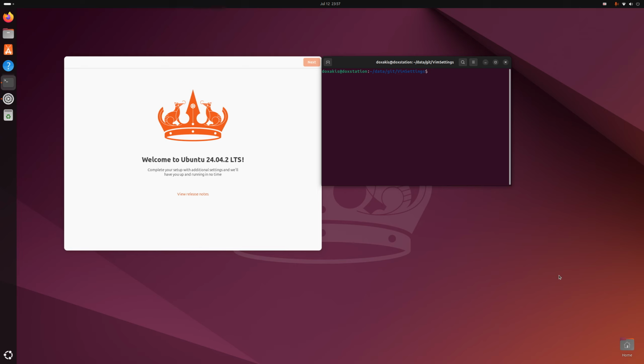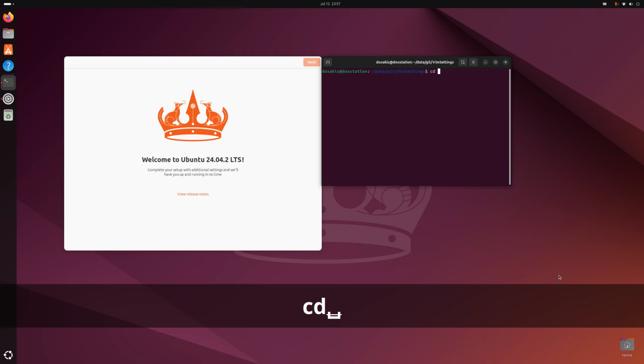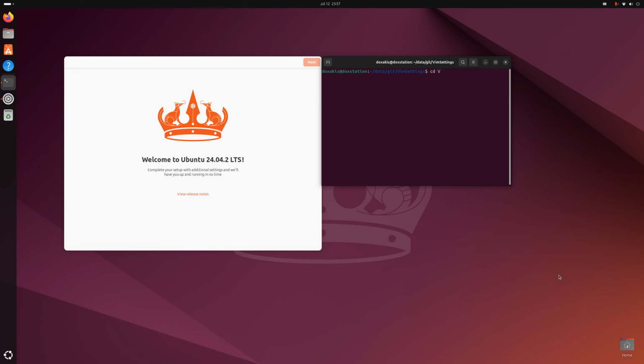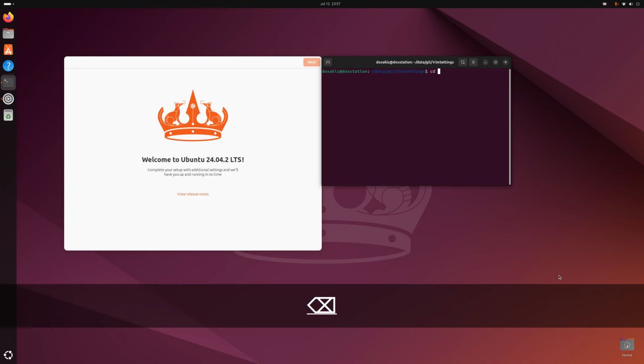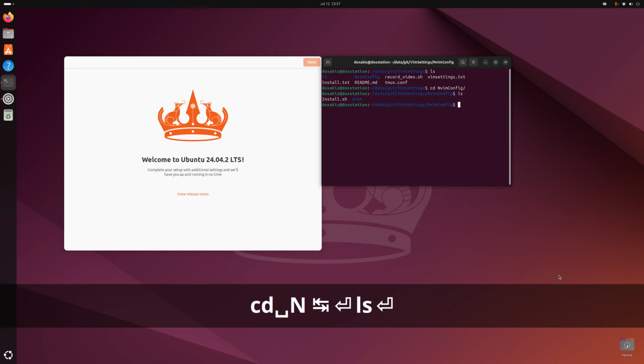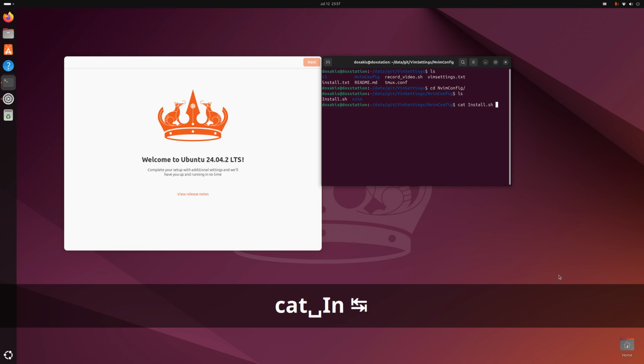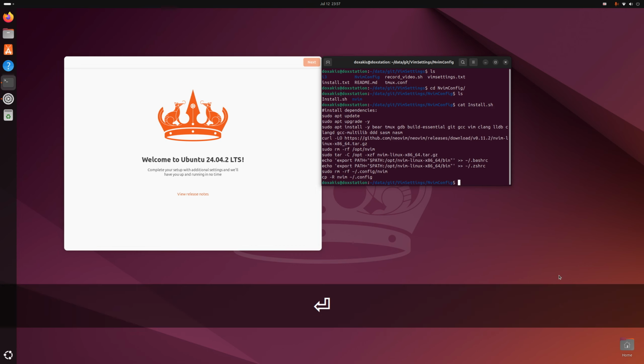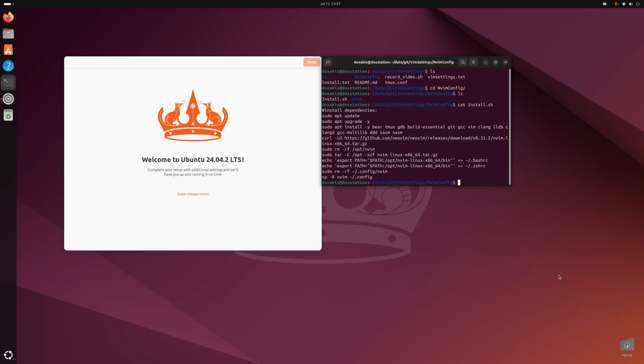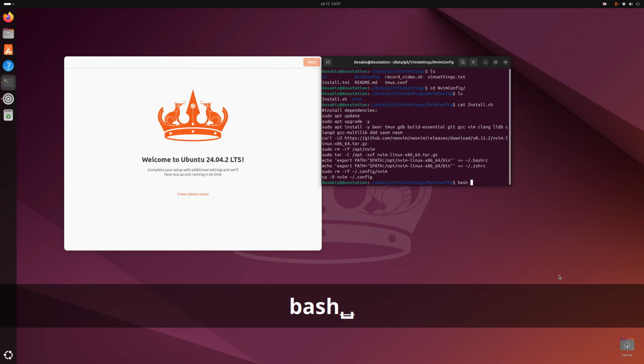Technically, we are ready to go into i3. But the last thing that I would like to do, before we go to i3, is go into our Vim folder. As you can see here, we also had a NeoVim folder. So I'm going to go into NeoVim, and what I have here is this install.sh script and this NeoVim configuration. So what I'm going to do is just bash install.sh,